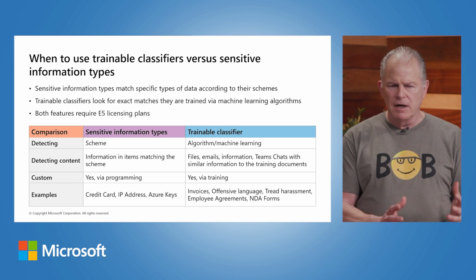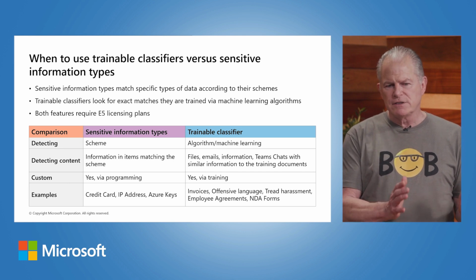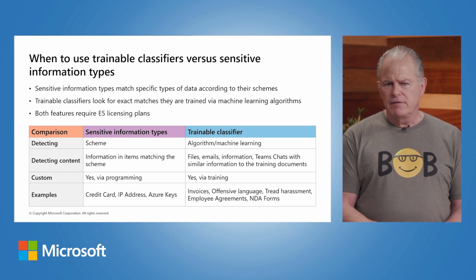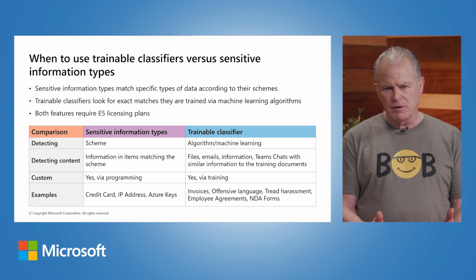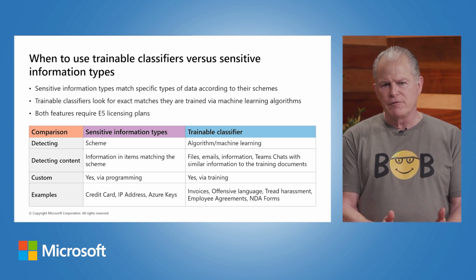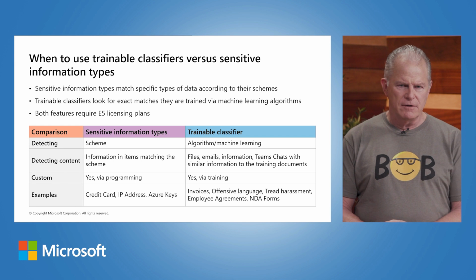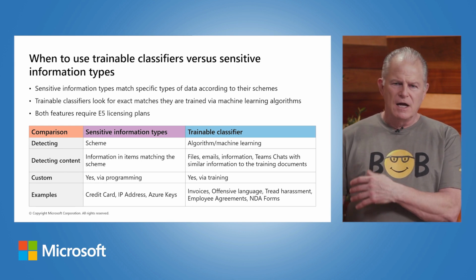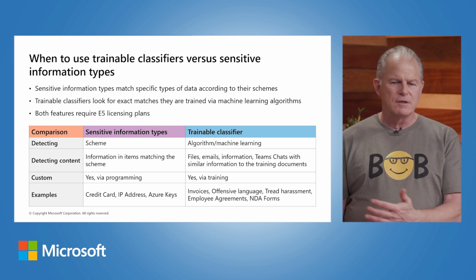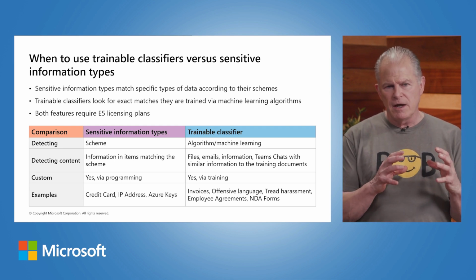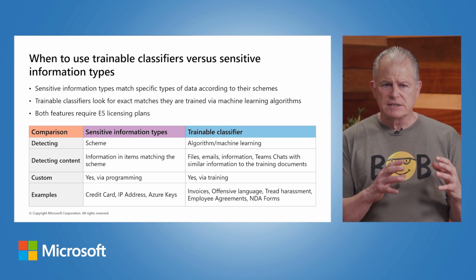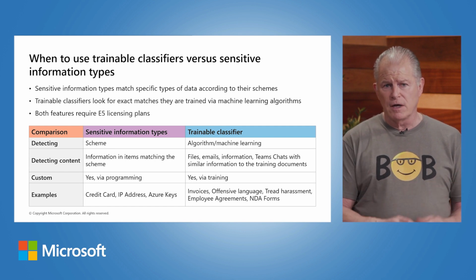the term schema. A schema is just a definition of a series of well-defined structured objects. If you're used to databases, a schema might say, in this data table, I've got a first name that is alphanumeric characters to 26 characters long. I've got a last name that is X number of characters. I've got an address that can be alphanumeric to this number. So a schema is a well-defined set, and so you can use that sensitive information type to identify those objects